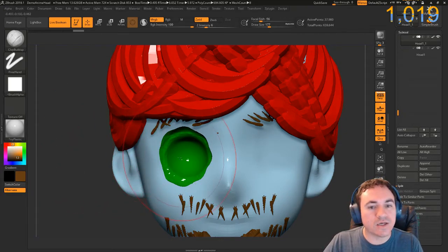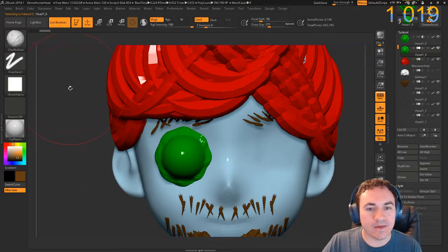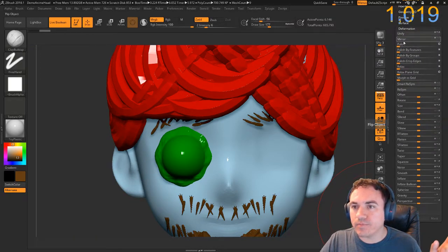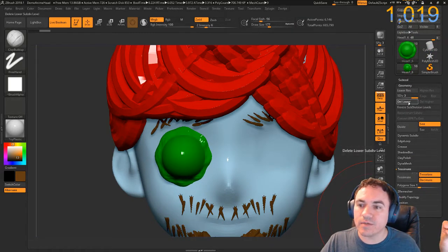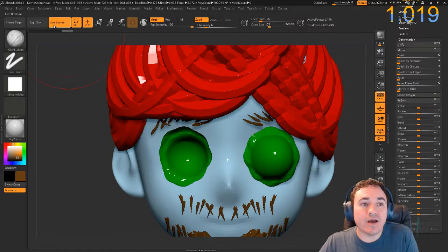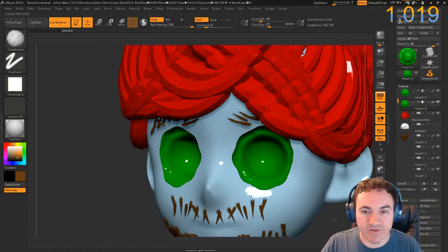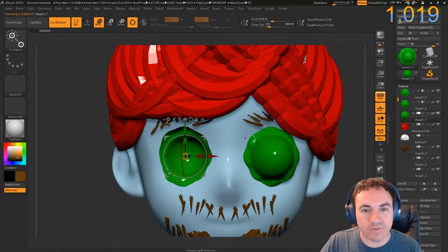Now I'm going to Alt, click on this eye cavity, and let's Control Shift D. Oh, it looks like a boiled egg or something. And then I'm going to go to Symmetry, Deformation, Mirror. Cannot be applied to a mesh with multiple subdivision levels. Sometimes ZBrush doesn't like subdivision levels. I'm going to delete that and then go back to deformation and then mirror that, and it mirrors exactly on the other side. So that's good. Now I can go up to Subtools, and there is a nice eye cavity. So cool. Okay, now I'm going to Control-Shift-D to duplicate that eye, and then W to